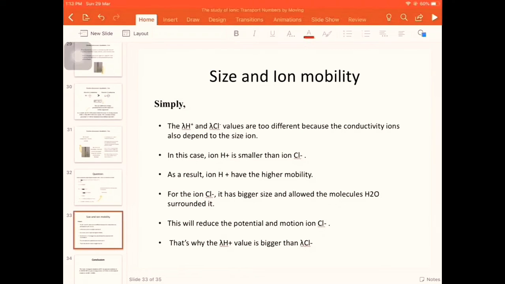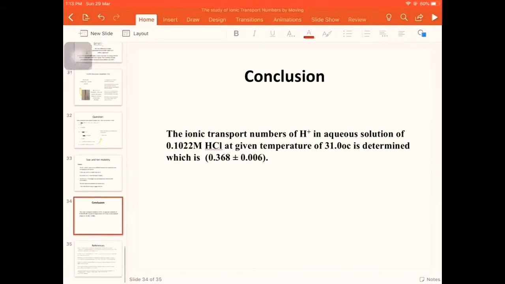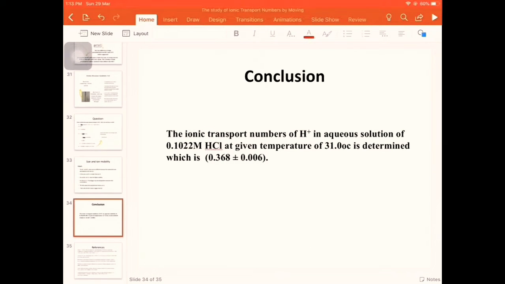We try to investigate more into the non-common ion compared to the common ion, which is the Cl minus that we use across the experiment. That's why we say that the limiting molar conductivity of the H plus ion is larger than that of Cl minus. For the conclusion, the ionic transport number of H plus in aqueous solution is